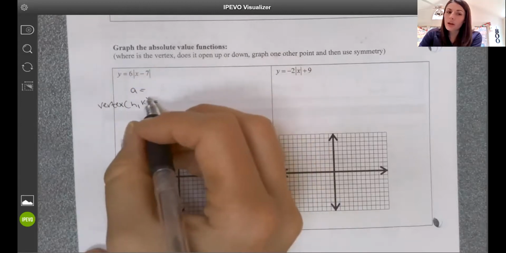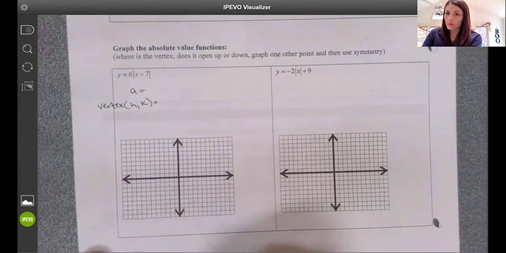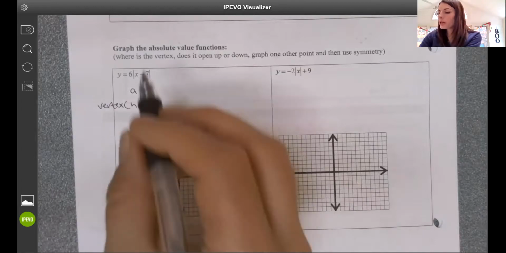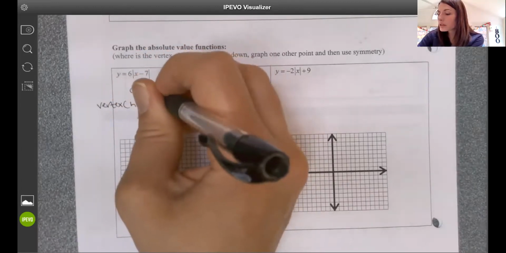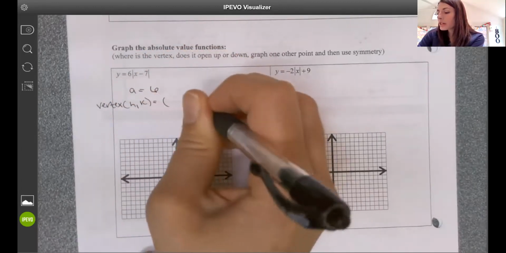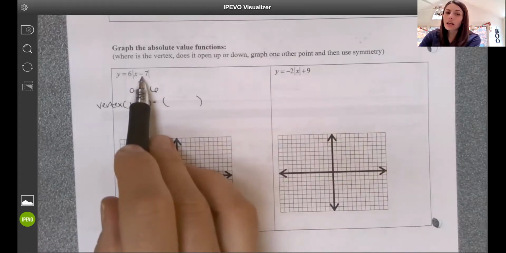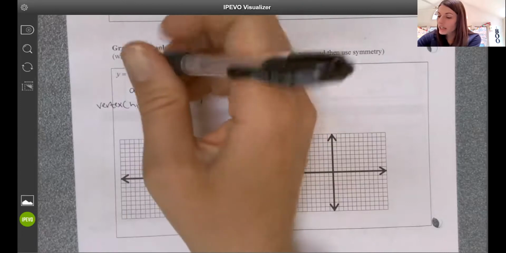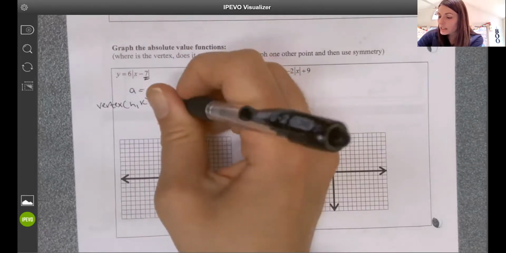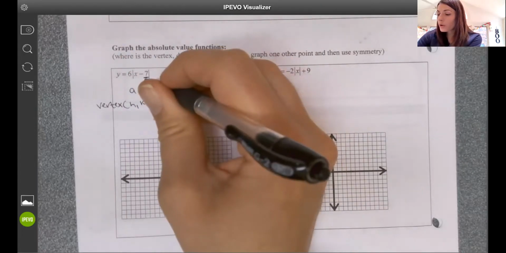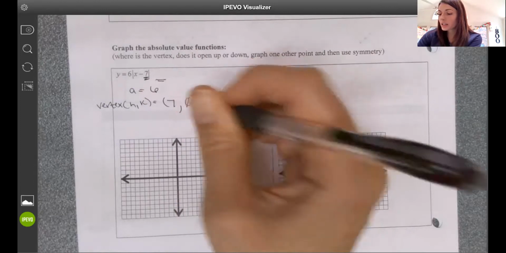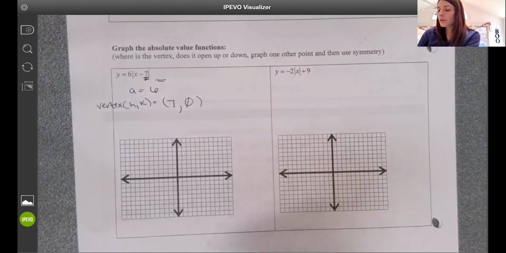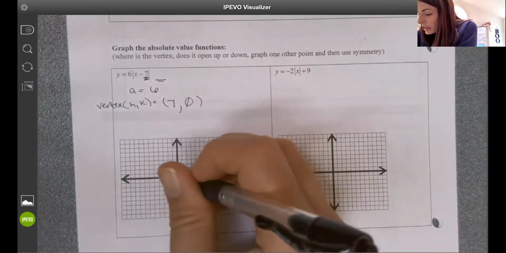I'm also going to talk about A, and then I'll make my graph. They're pretty quick once we get that information out. So A here would be 6. My vertex is at, so X subtracts 7, opposite here. So I'm just taking the H is 7. There's no K here. That just means K is 0. So my vertex is at 7,